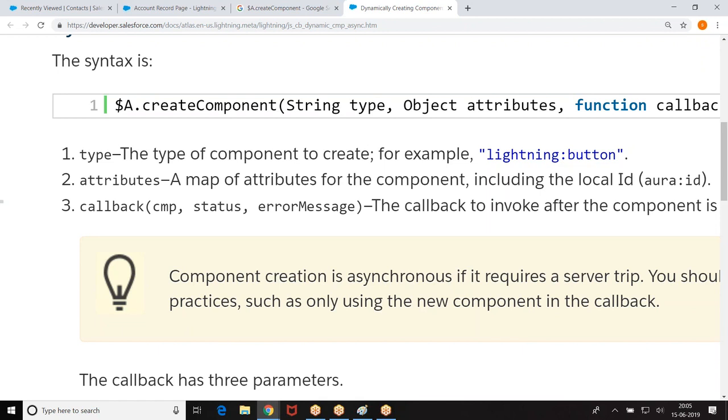So how do I know whether it's created or not? Check the status. From the status, you know whether it was created successfully or not. If it is created successfully, refer to the component. If it is not created successfully, refer to the error. Are you getting my point? You are trying to create a component. Now check whether the component is created successfully or not. Look at the status. If the status is success, then the component was created. Refer to that component. If it was not created successfully, then there will be an error. Refer to the error.